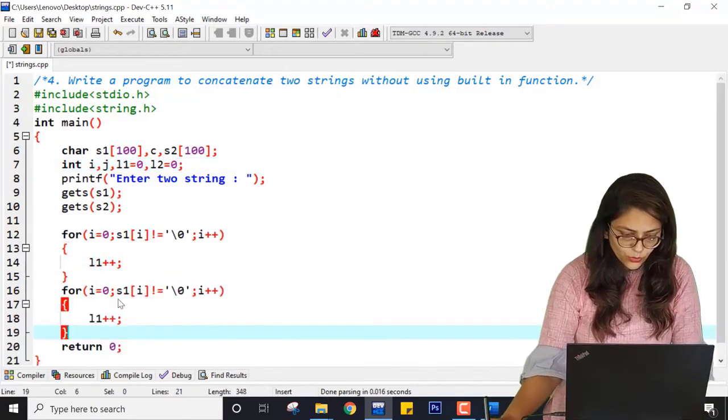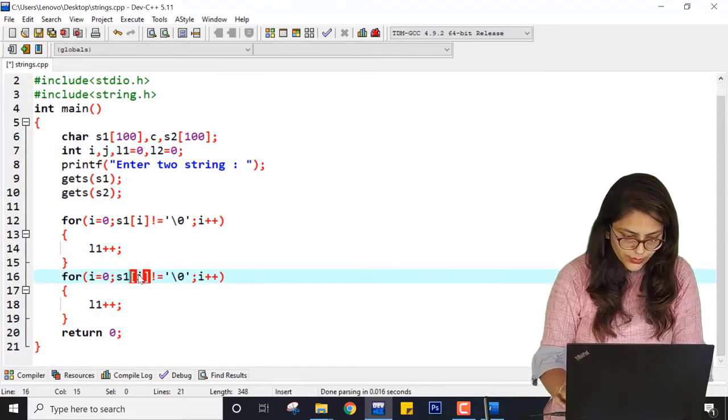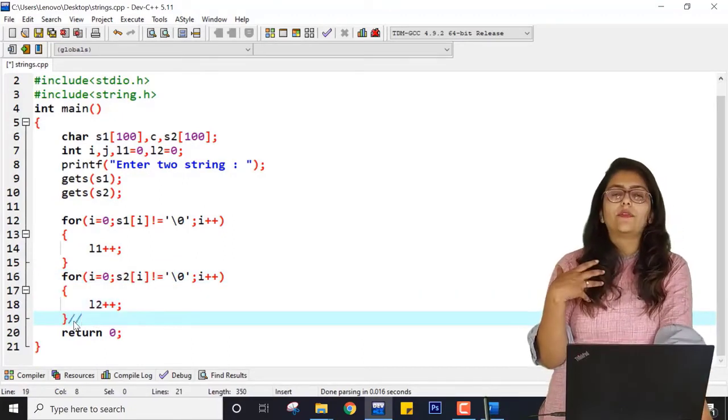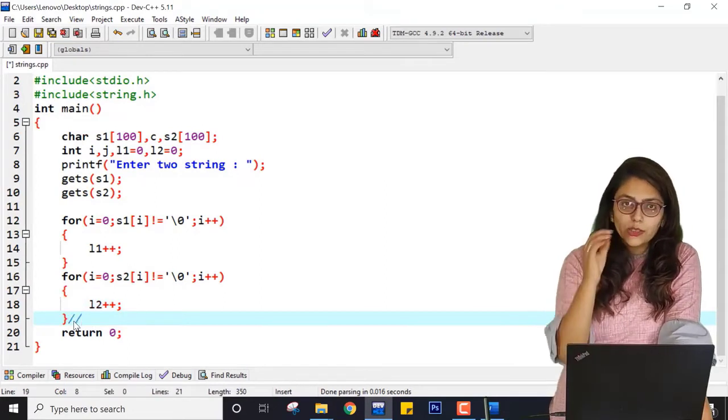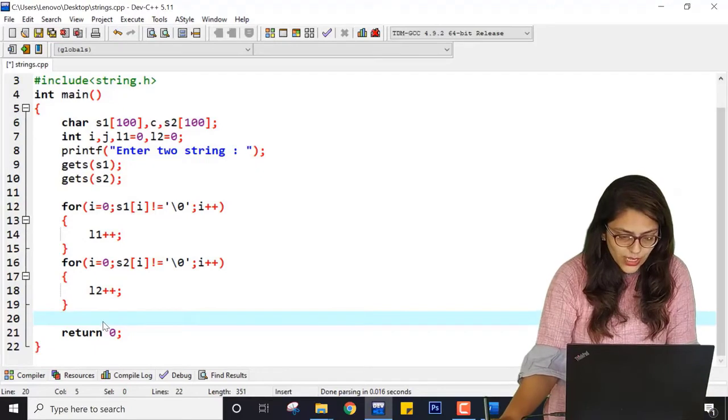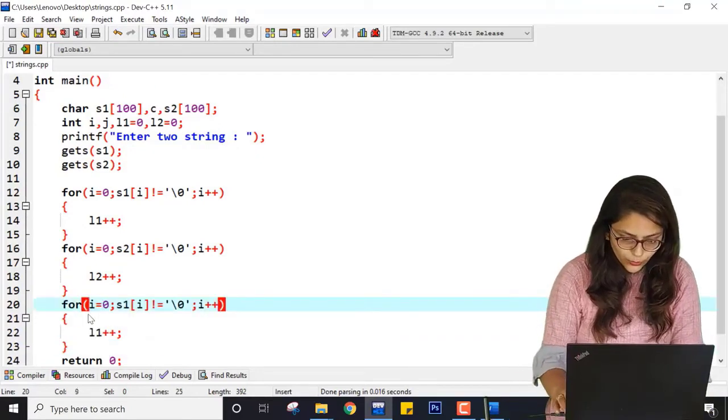Let me copy this code and paste it over here. Here it will be S2 and here it will be L2. Now after this I know the lengths L1 and L2 of the strings S1 and S2, right? So I know the length. Now after this what I want to do, I am writing a loop.